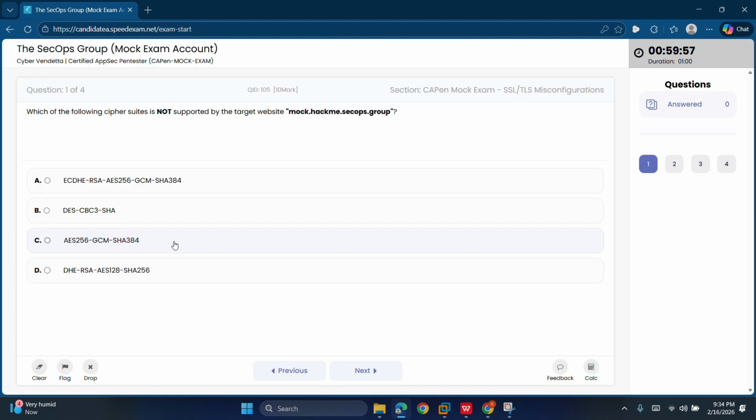So this is it. This is the first question. It's 4 questions, and we are given 1 hour to answer everything. And I think it's 10 marks per question, or I believe one question will be 20 marks or thereabout. So the first question says, which of the following cipher suites is not supported by the target website